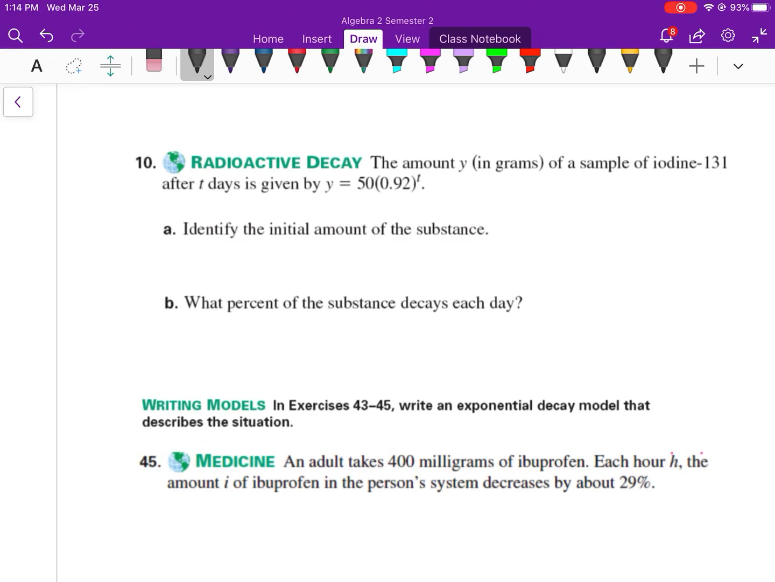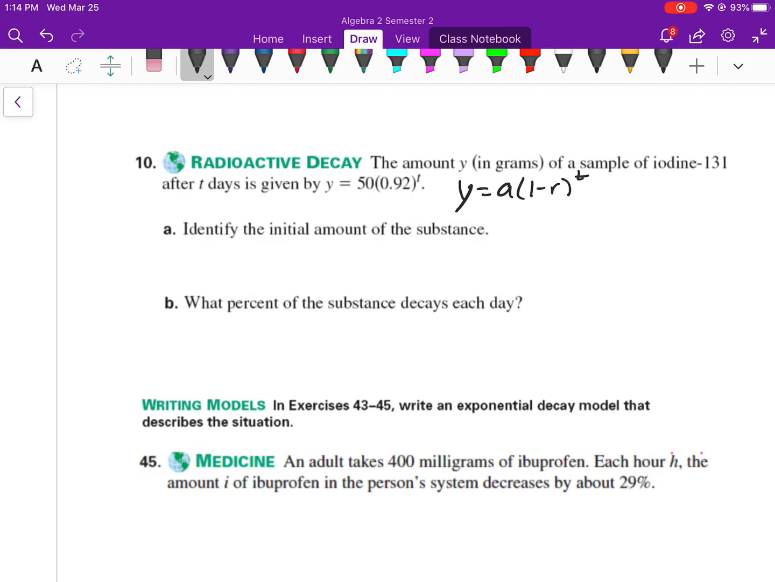Radioactive decay. Okay, decay right there tells you that should be a decay model. The amount Y in grams of a sample of iodine 131 after T days is given by Y equals 50 times 0.92 to the t. So they give us the equation. So if you remember decay,